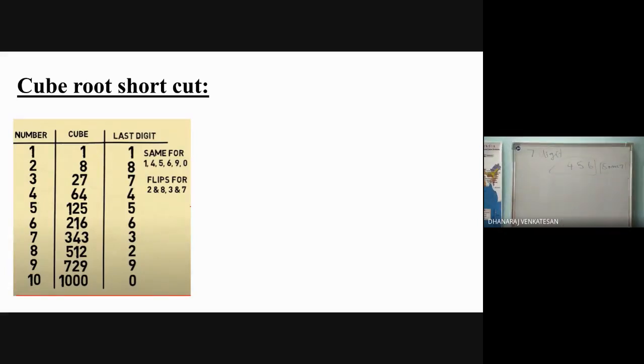For this, if you memorize up to 10, if you memorize up to 15, you can solve all seven-digit number. I will give assurance. If you memorize up to 15 cube, you can solve up to seven-digit. Most probably they will ask up to six-digit only. They won't ask seven-digit and all. So I will teach for six-digit and all.